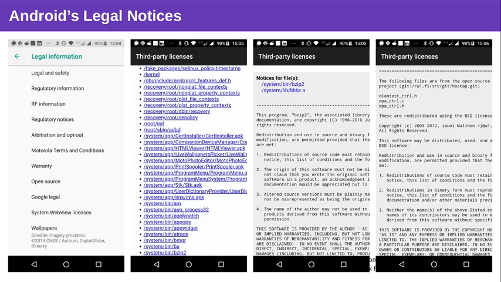You get a list or an index into all the different components that have been included in Android. And for each component, the license obligations are being fulfilled as far as this is possible to express as legal notices, meaning the copyright statement, the license text, and so forth. Scroll through that list. You will not finish scrolling quickly. It's a long list. And compiling that list is a must if you want to be legally compliant with all the open source code you're using, and can take a lot of time, therefore. And it's easy to overlook something.